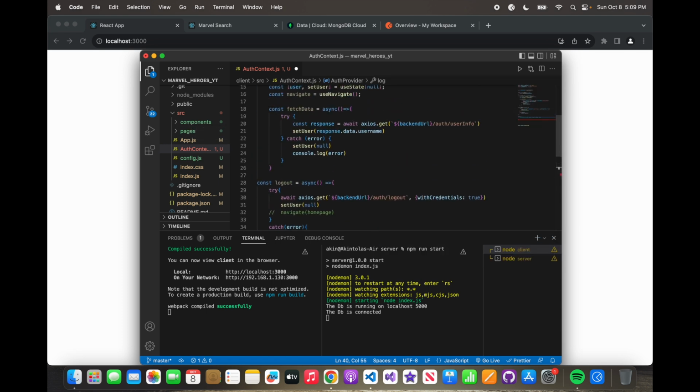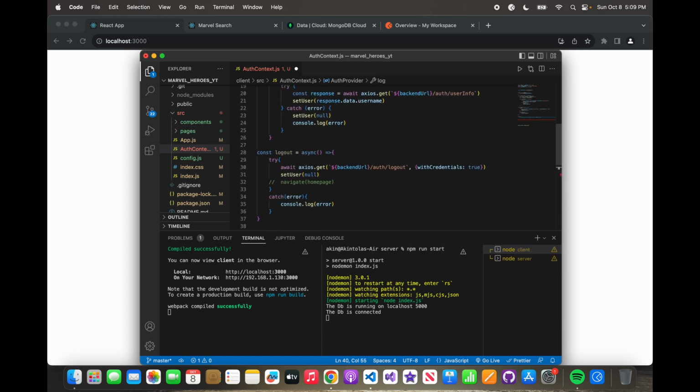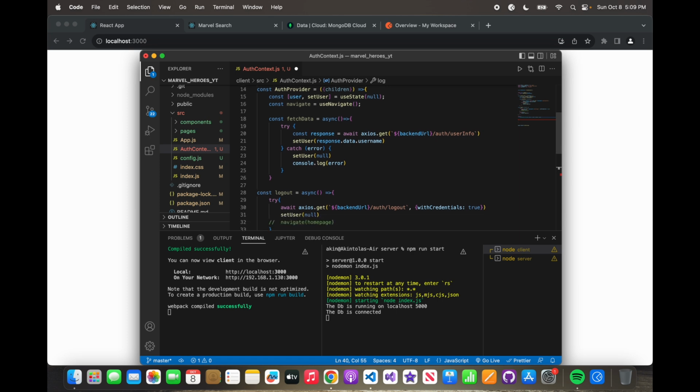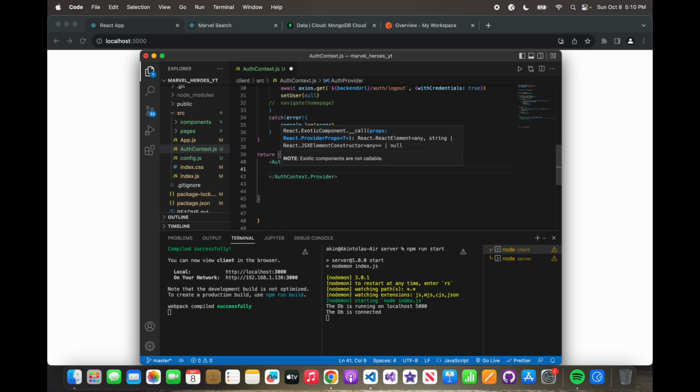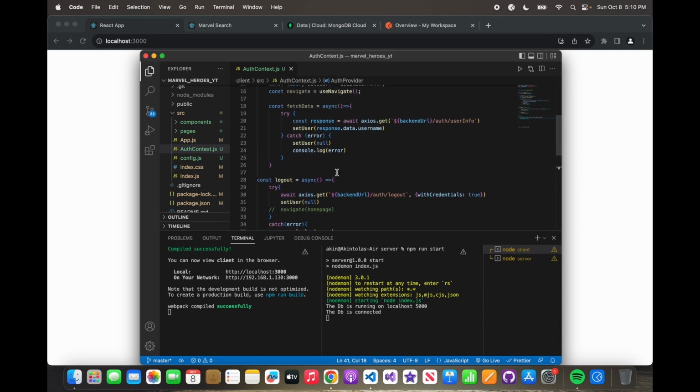We want to pass in the logout and fetch data. Well, we want to be able to pass the logout. So let's just pass the logout first. Awesome. And if you're following along, you should know we're missing something at this point. So first we want to do children, and voila. So this is all nice and dandy, but how is this